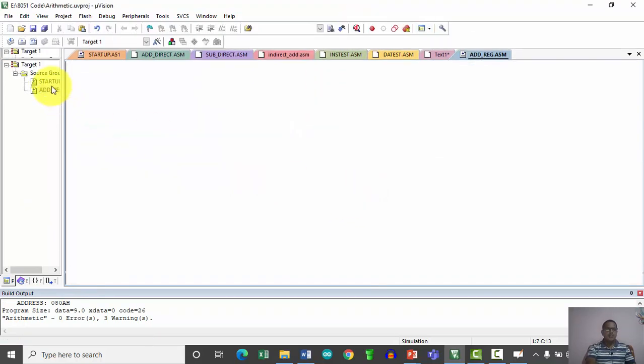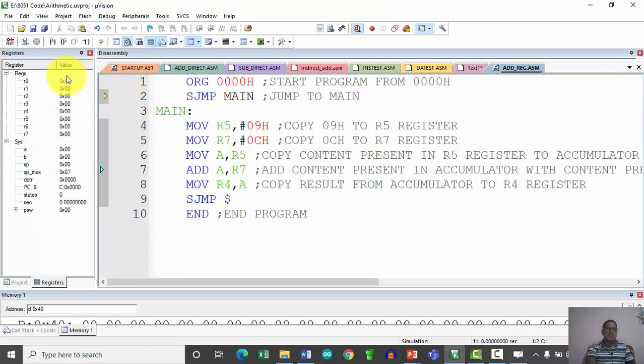So as usual, after reset, the R0 to R7 contents are 0, accumulator and B register contents are 0, the stack pointer is going to point to memory location 07, and the program status word is now 0, right? So go with the stepwise execution. So the first,